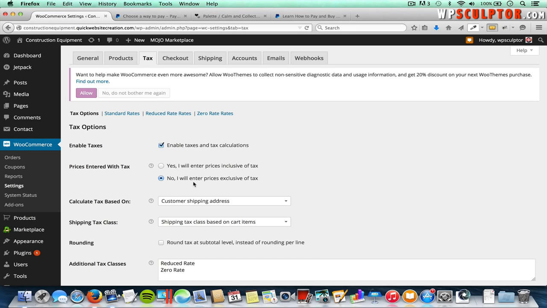And then we did enter our prices earlier when we created our products without tax, so we'll keep that option selected there. And then we do want to calculate tax based on the customer's shipping address. And you can also click here and you have the option to calculate tax based on the customer's billing address or the shop base address, which in our case, of course, is Colorado, but we'll leave it to customer shipping